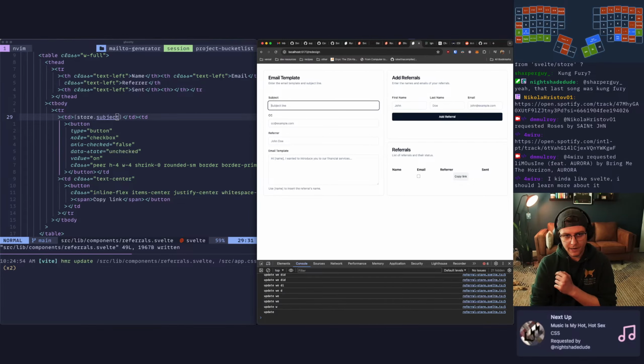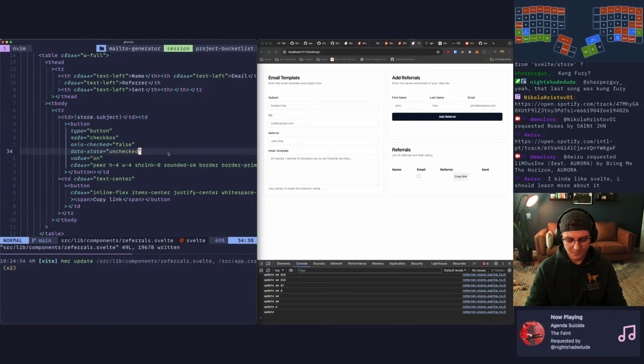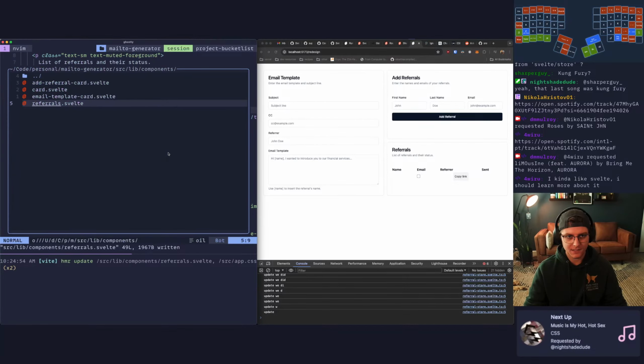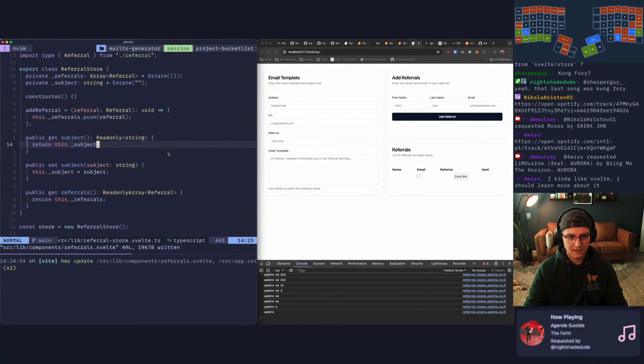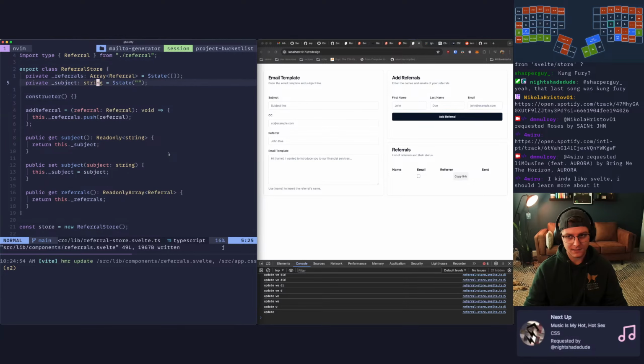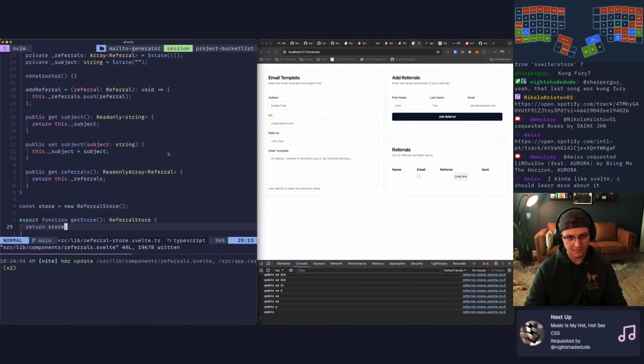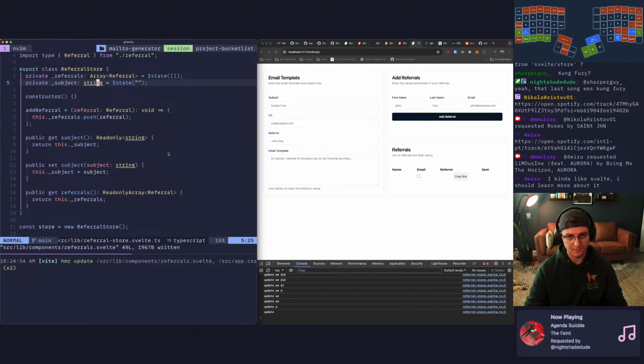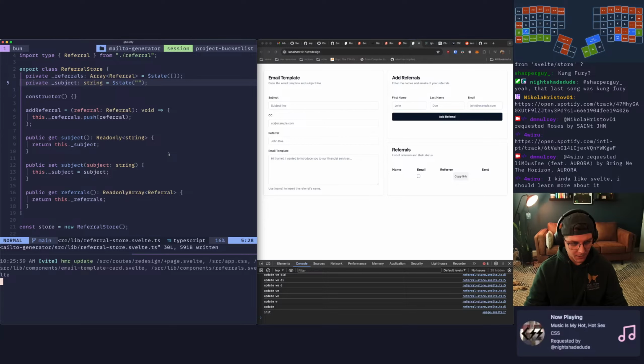That's so much easier than React. That's so good. Putting reactive state into a class component as a store. Now we can use this single class to hold state across the entire application, and it's just reactive everywhere because it's backed by a state rune. That's sick. All right, we're gonna wrap up.